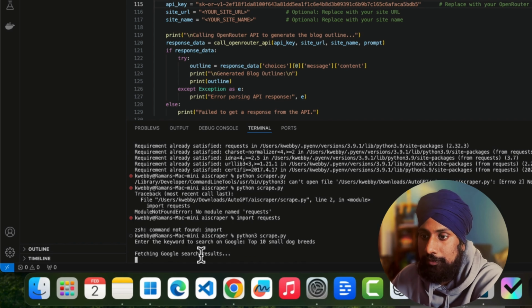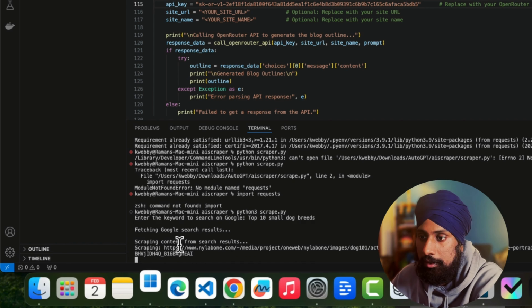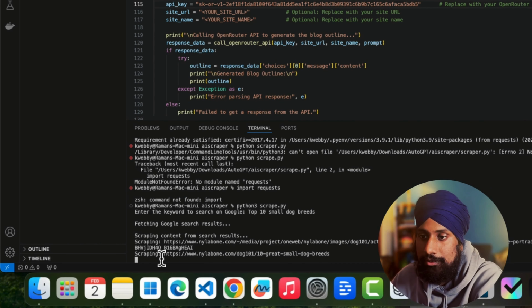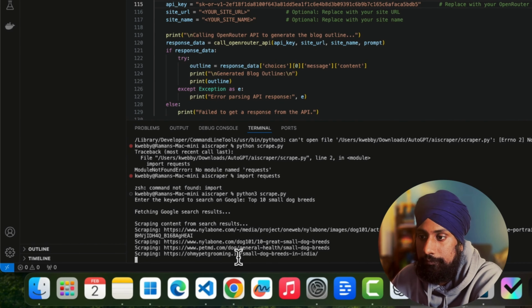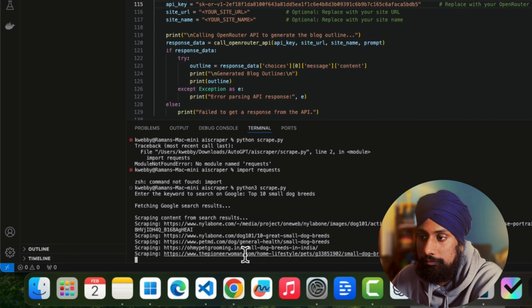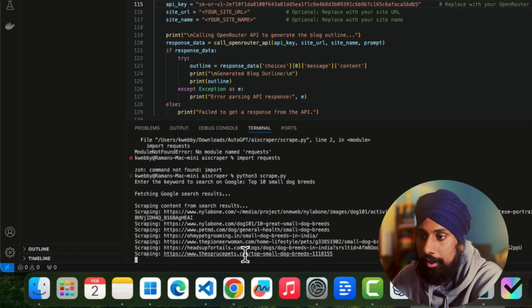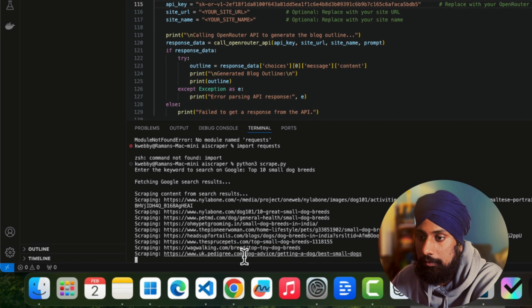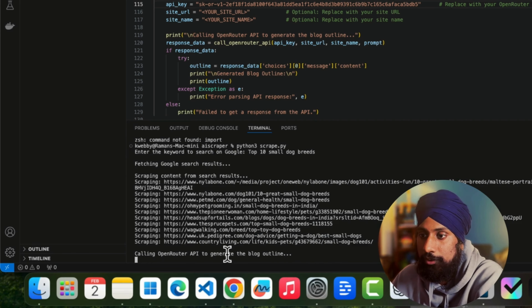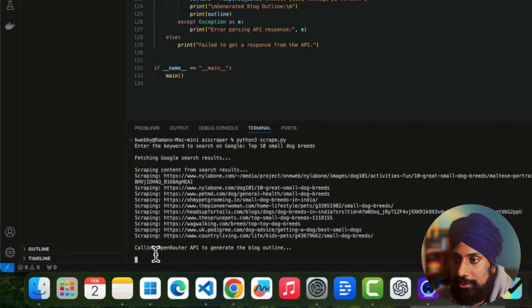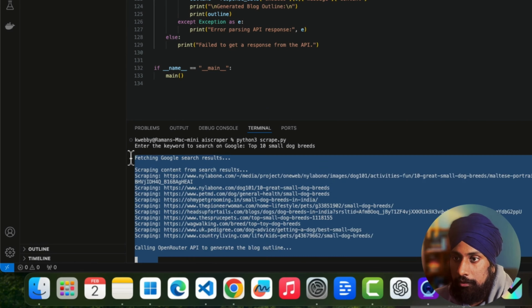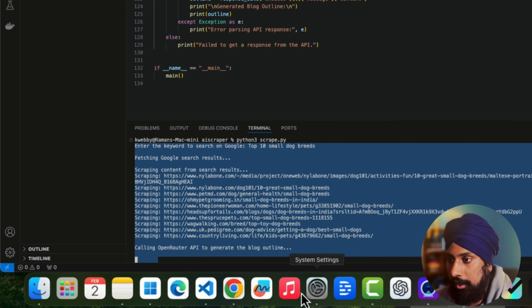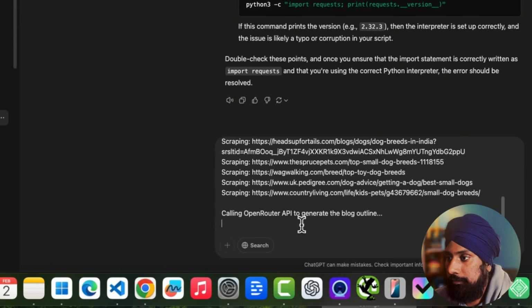So it's now fetching the search results, scraping from Google. So this is number 1 scraping, and this is the 2nd. Let's just wait for it. And 3rd and 4th and 5, 6, 7, 8, 9. Okay, calling the operator to generate the blog outline. So it just froze there. I'm waiting for 5 or 10 minutes. It just froze there. So let's just copy this and give the